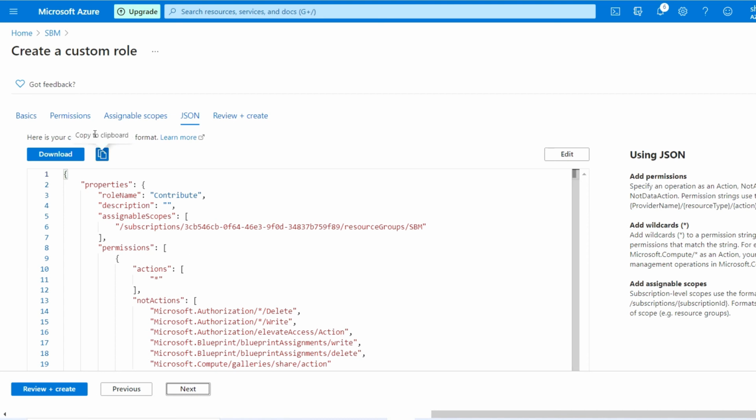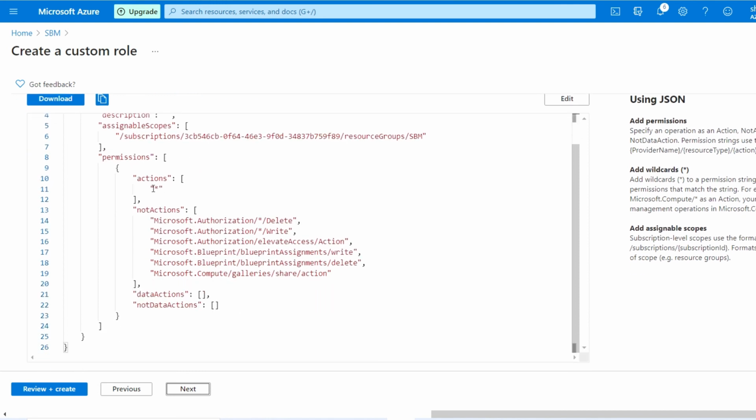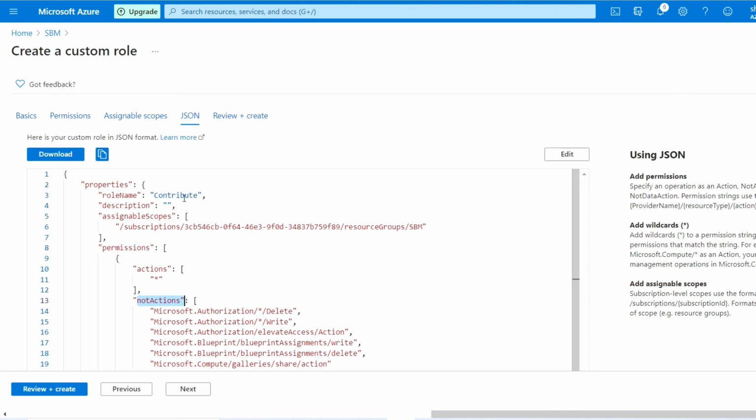Once you mention all the details, meaning the basics, the permissions, and the assignable scopes, you will get a JSON file where all the details are available, like the role name is contributor, the assignable scope, and the permissions: what the actions will be and what the not actions will be, all in JSON format.